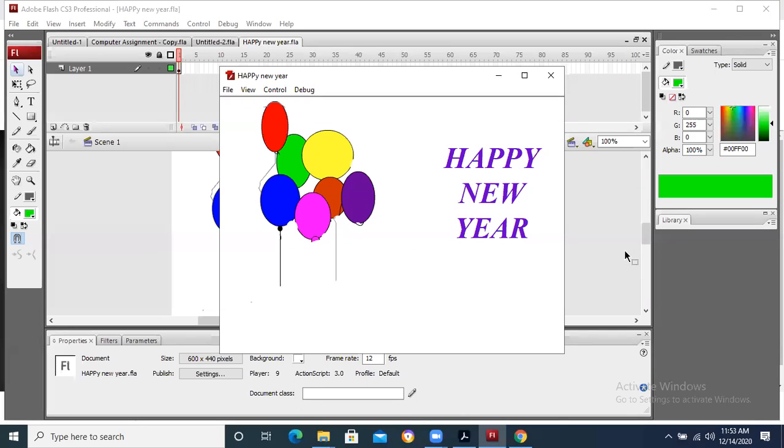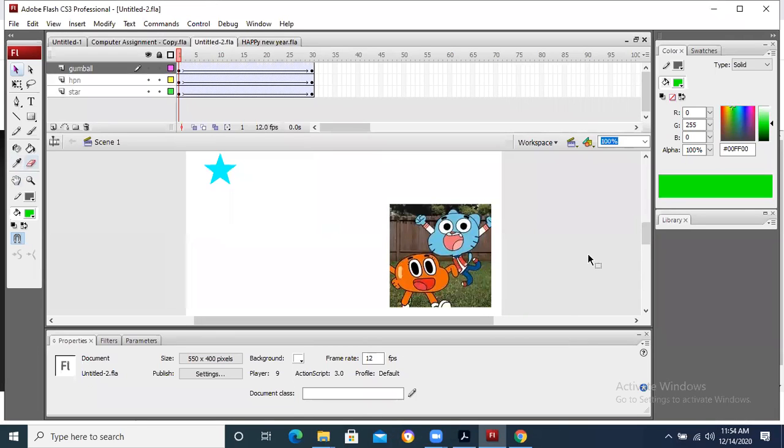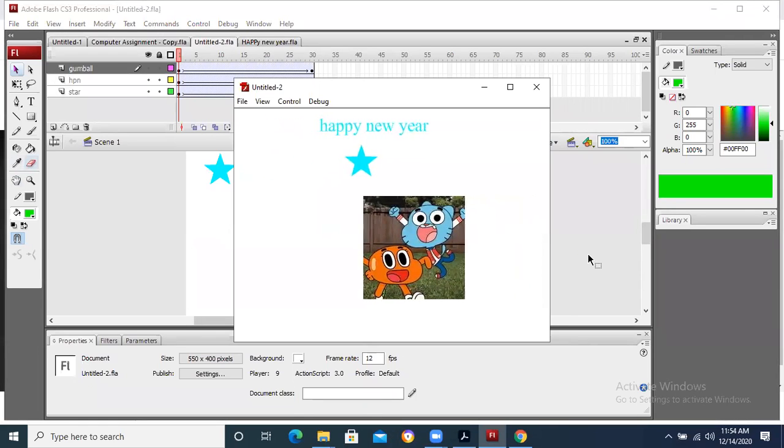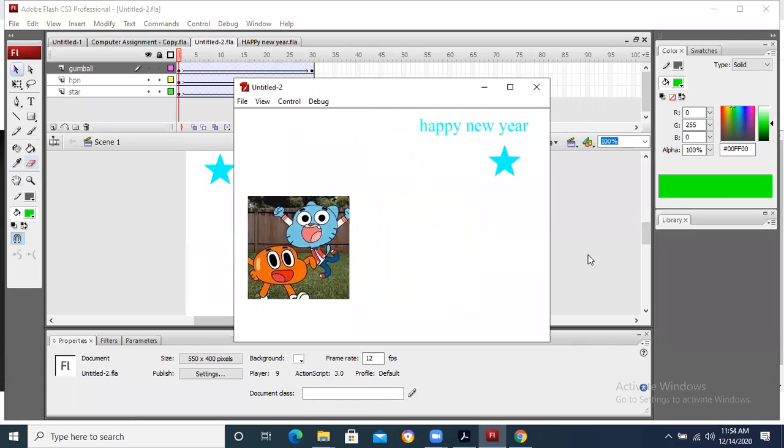Yes, but I am unable to see the animation in it. So one lacking is there. There should be animation. Okay, so animation is not there. The moving effect is not there in this file. One file is there by Rayan Mehdi. He has taken an image. When you are taking an image, try to take such an image